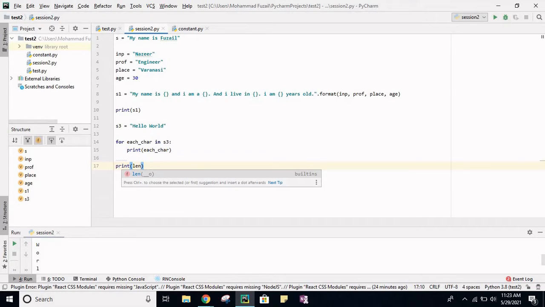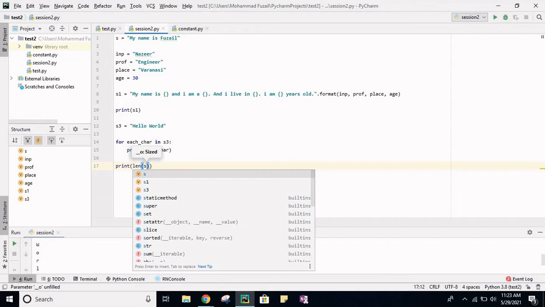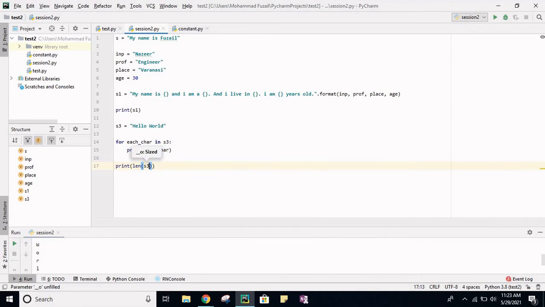To get the length of a string or any data type, suppose a list, we can use this function length to get the number of characters or the number of elements. So I will say len and then get me the length of the number of characters in s3.